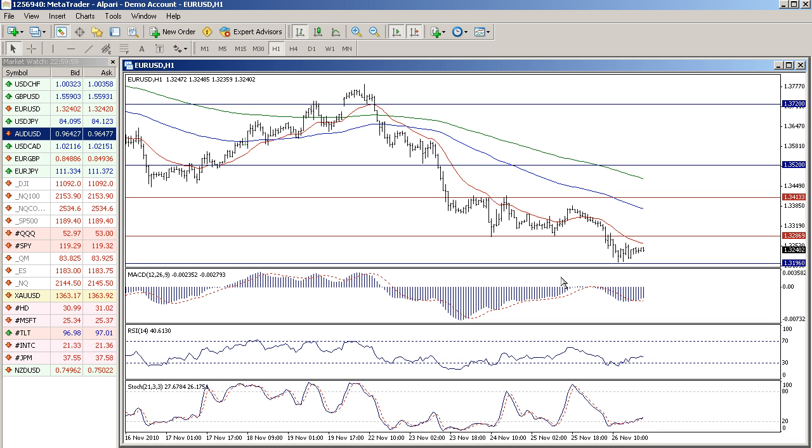So overall, the trend is down on all three time frames here,